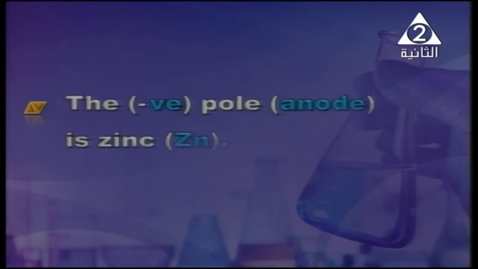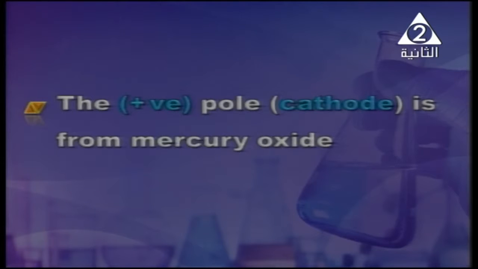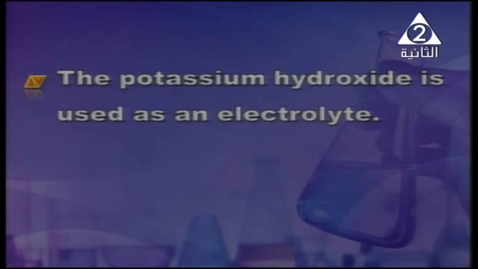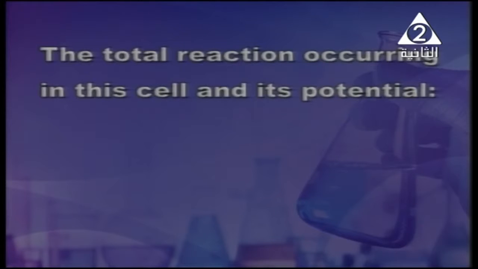Mercury cell. The negative pole, which represents the anode, is zinc, Zn, while the positive pole, which represents the cathode, is made from mercuric oxide. Potassium hydroxide, KOH, is used as the electrolyte in the cell. The total reaction occurring in this cell and its potential are: